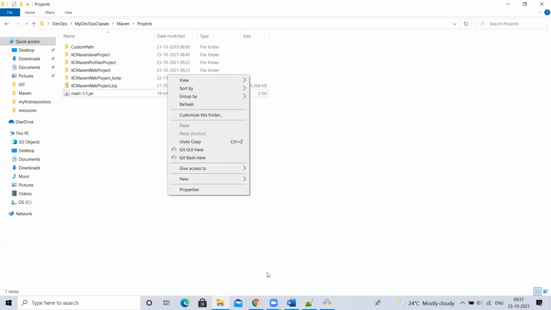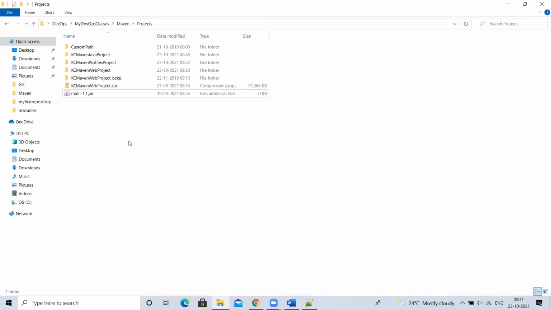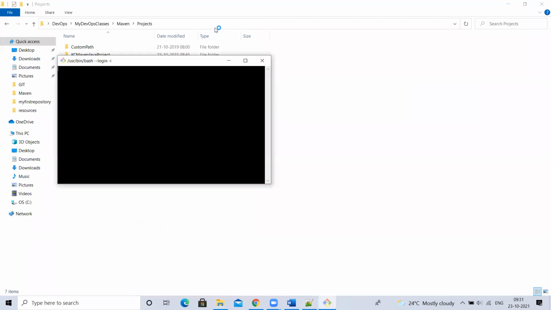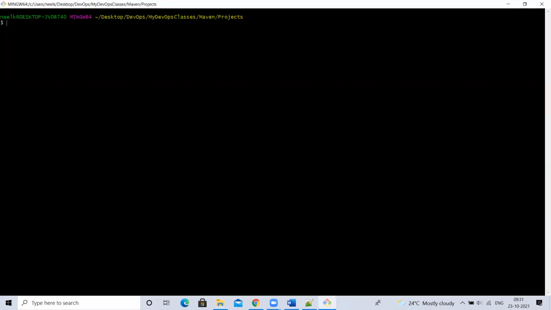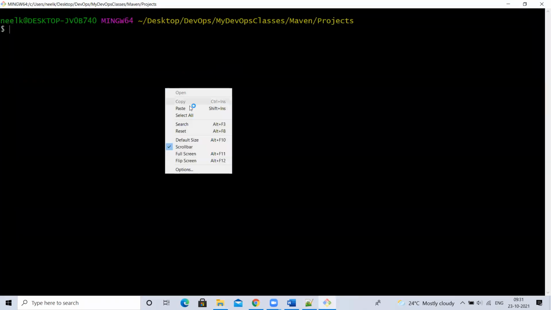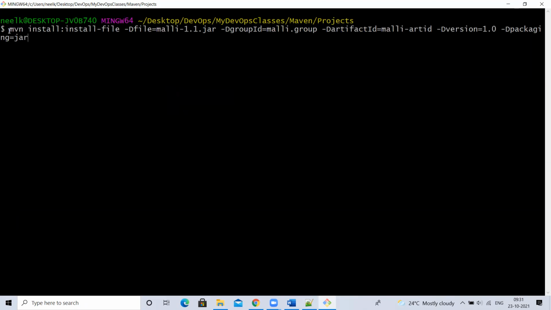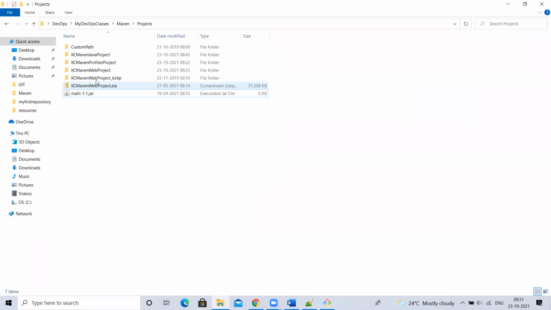Let me open a git bash here. Run this. See here, I'm saying I have a jar file in my current location under this maven/project. I have a malli.jar.